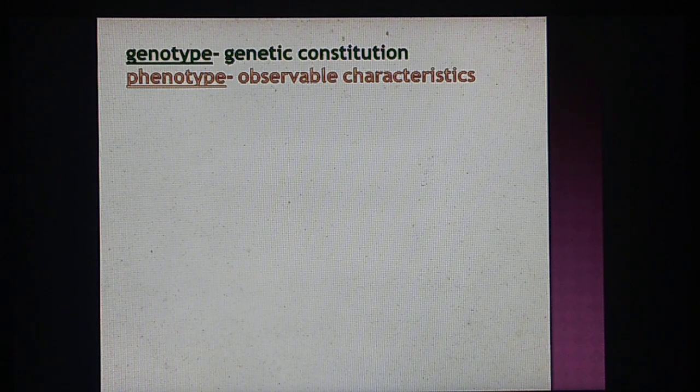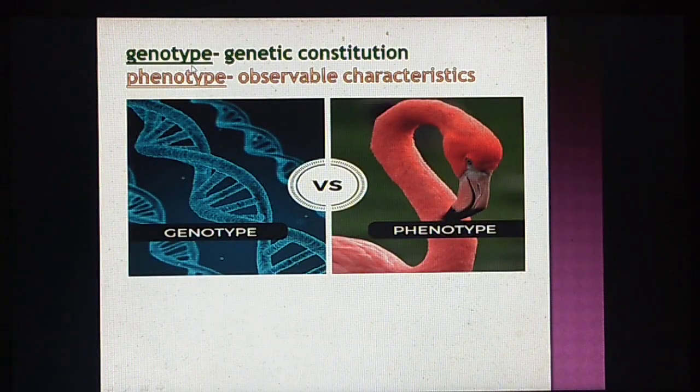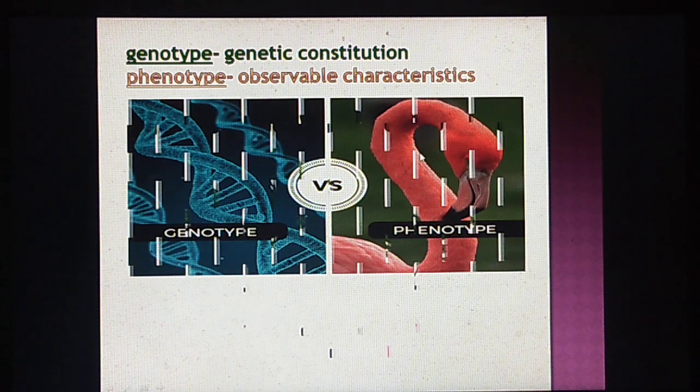Genotype and phenotype. Now, what do we mean by genotype? It is the genetic constitution or composition that is present in the genes or in the chromosome, that is, the characteristics which are inherited from the parents through genes or alleles, whereas phenotype is the observable characteristics which we are able to see. Genetic constitution is with respect to the cells and the DNA or the genes that are present, whereas phenotypic features are the ones which we are able to see.